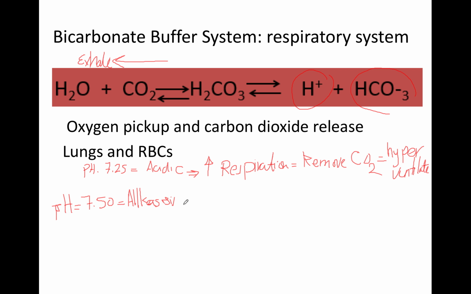So alkalosis means you basically don't have enough hydrogen ions in your bloodstream and you want to get more hydrogen ions, which means your reaction is going to shift to the right hand side. So the shift is to the right hand side, which means your body wants to hold on to the CO2 to convert it to carbonic acid and carbonic acid to release the hydrogen ion. So a person who's dealing with an alkaline blood as a result of either dietary or disease or sickness or medical condition, these people have